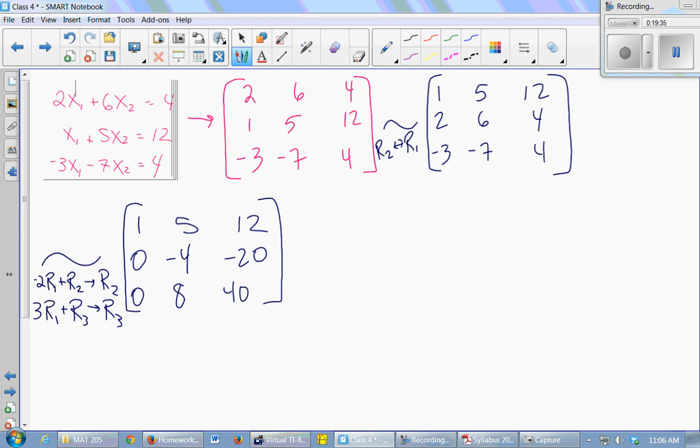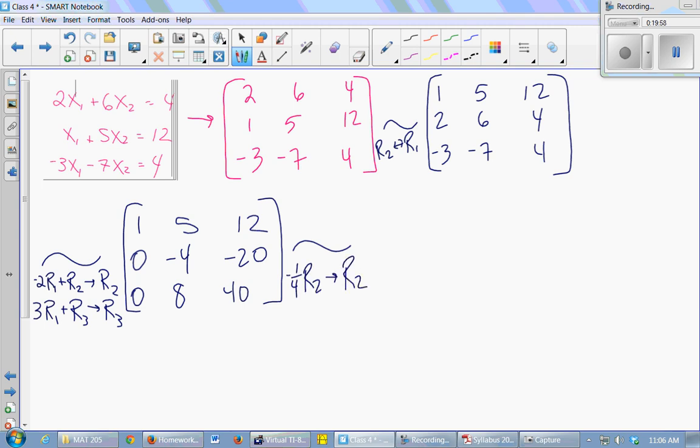Okay, so not get rid of, because when I say get rid of, I mean make into a 0. But you want to make that negative 4 a 1. You could get rid of the 8 first. I tend to make the 1s first, but you can get rid of the 8 and then make it a 1 at the end if you want. But I am going to make that negative 4 into a 1 by doing negative 1/4 row 2 to become